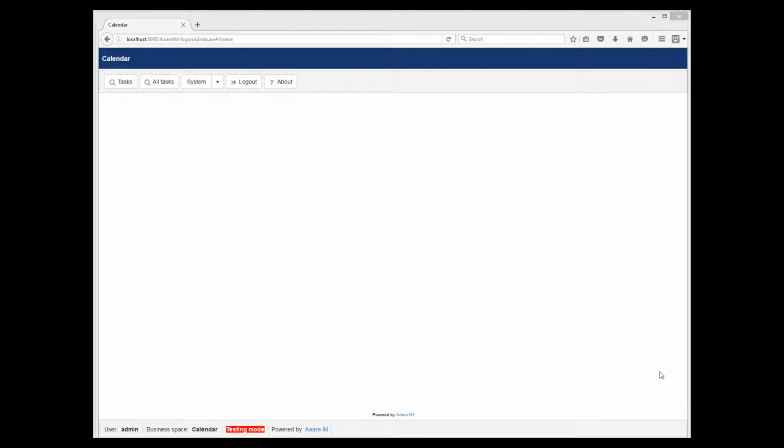So now I log into our system again. It doesn't matter whether I log in as admin or John, the calendar will look the same since it shows all tasks. Now I run the query